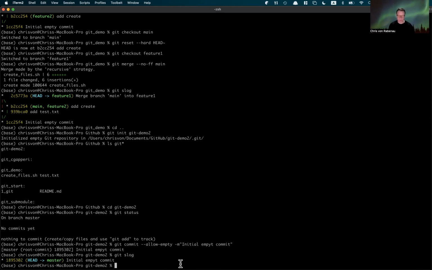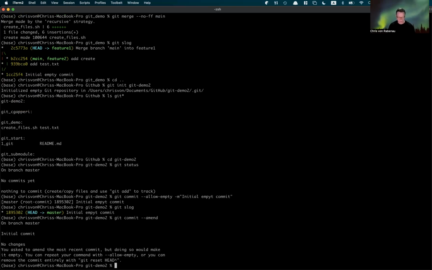Oh, look at that, I have a misspelling here. So we're going to do a git commit --amend, so I can correct the very last commit with this --amend. So what that does is it pulls me